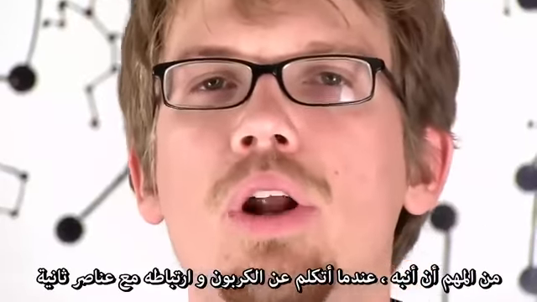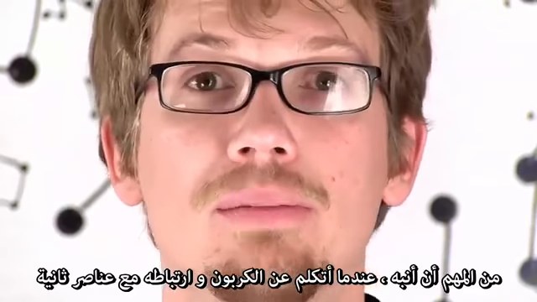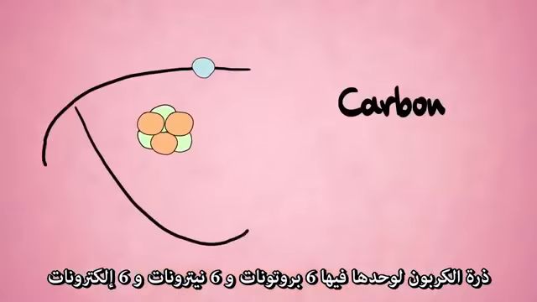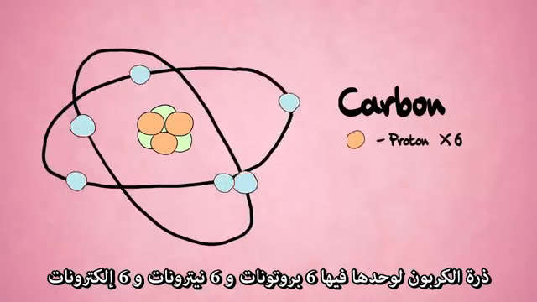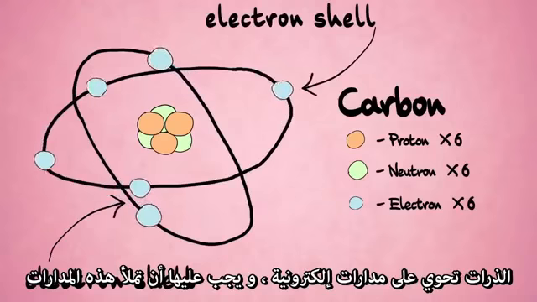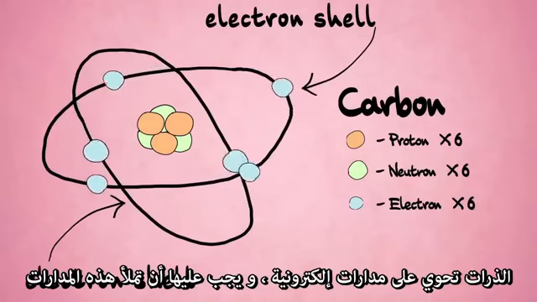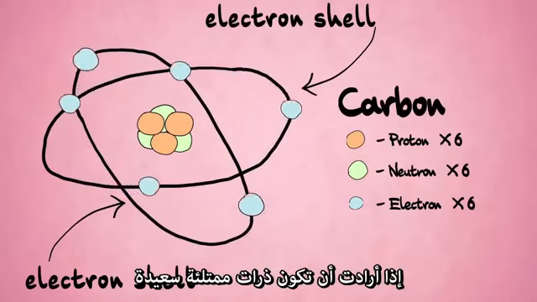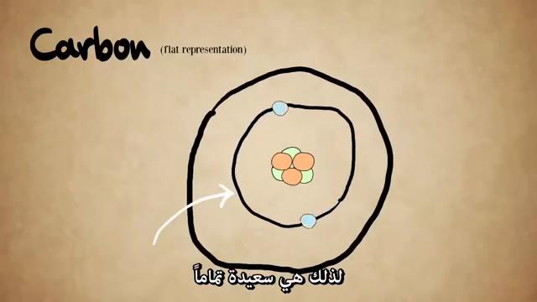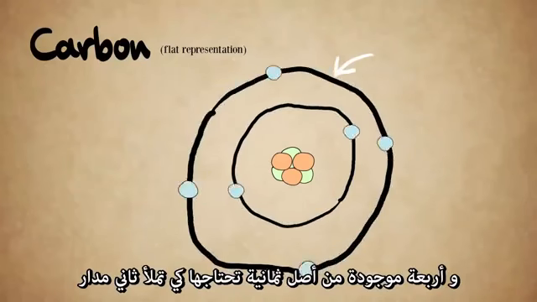So it's important to note, when I talk about carbon bonding with other elements, I'm not actually talking about sex. It's just a useful analogy. Carbon, on its own, is an atom with 6 protons, 6 neutrons, and 6 electrons. Atoms have electron shells, and they need to have these shells filled in order to be happy, fulfilled atoms. So carbon has 6 total electrons, 2 for the first shell, so it's totally happy, and 4 of the 8 it needs to fill the second shell.